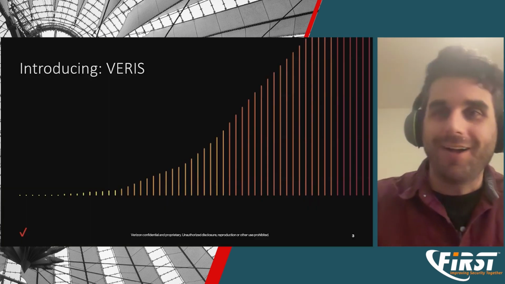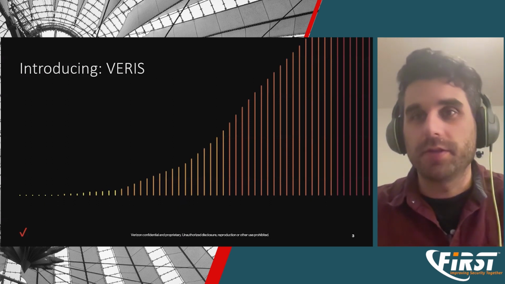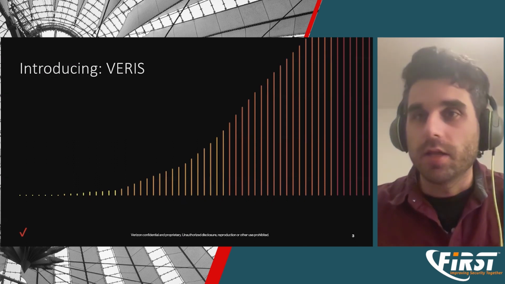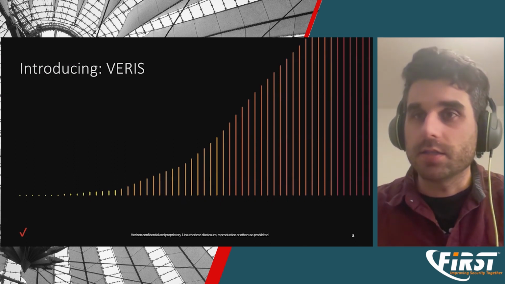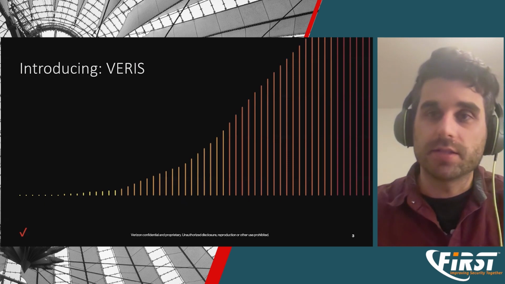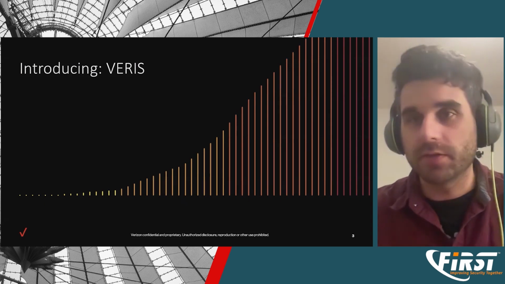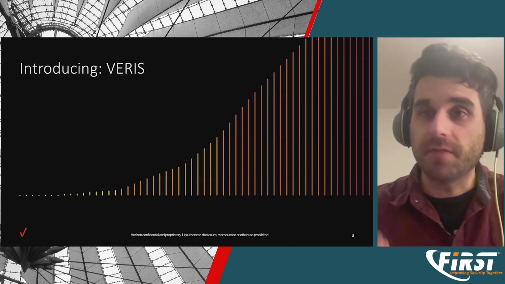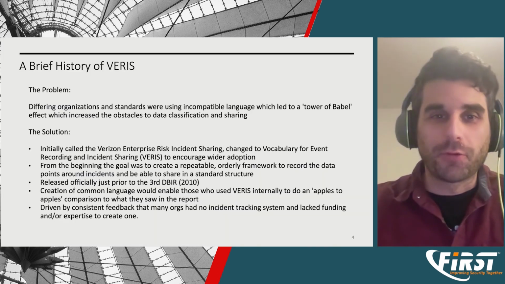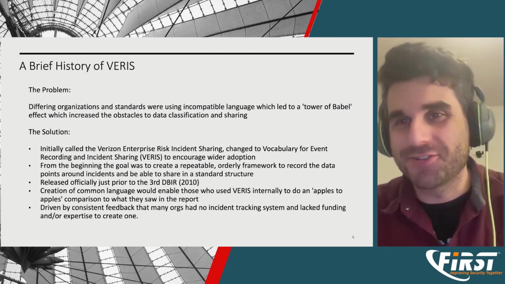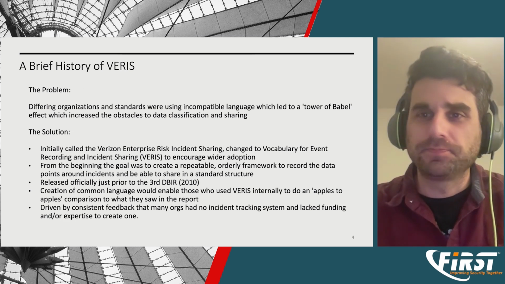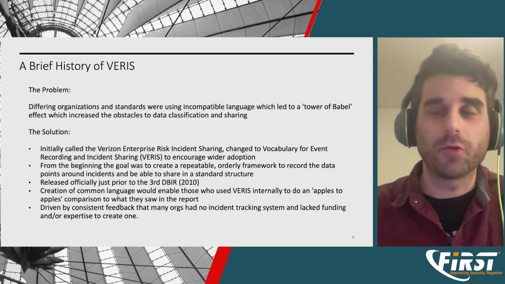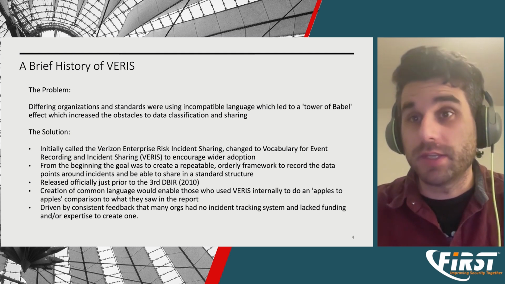I don't know if anyone here is familiar with the Data Breach Investigations Report, but that's the project I've been working on. It's a report that's been around for the last 16 years. It categorizes cybersecurity incidents and provides a variety of different types of analysis. What really underpins the DBIR is VERIS, which is a Vocabulary for Event Recording and Incident Sharing. It's a very long acronym, but it really came out of a need we saw after the first couple of years of doing the DBIR.